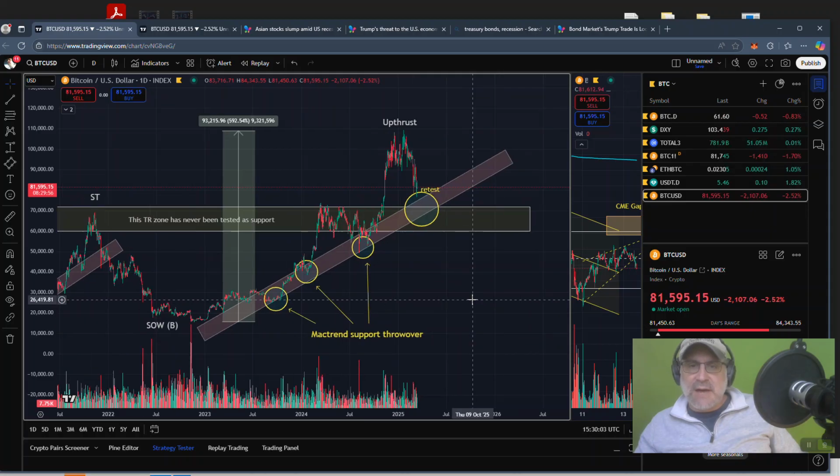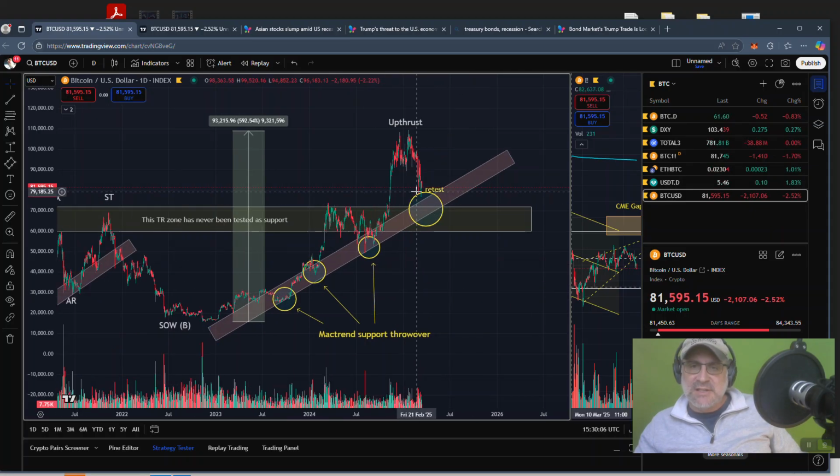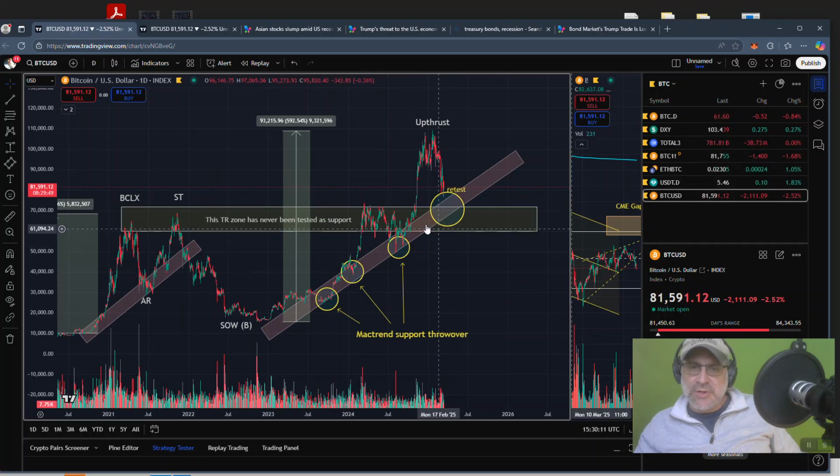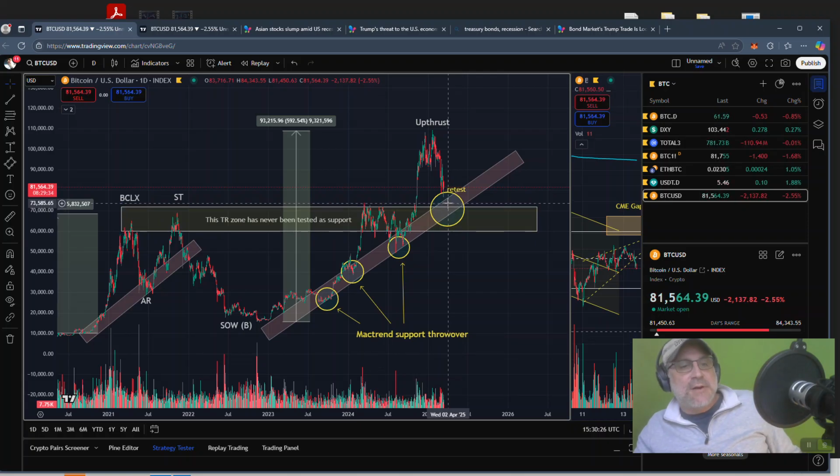So that's what we're looking at. We're looking at a potential retest. We're going to come down, most likely, and it's going to start playing out. We're going to see that right shoulder starting to play out here. And then from there, we're going to have to do some serious VSA when we're in this area. Now, this macro trend support area is in the low 70s. Throw over to the end of the macro trend support is about 66. And if we go through that, I would say this